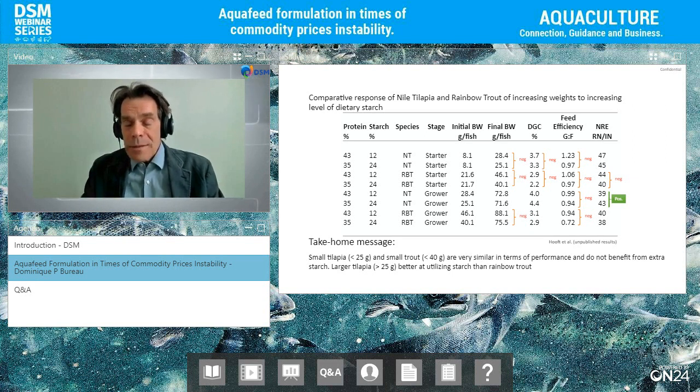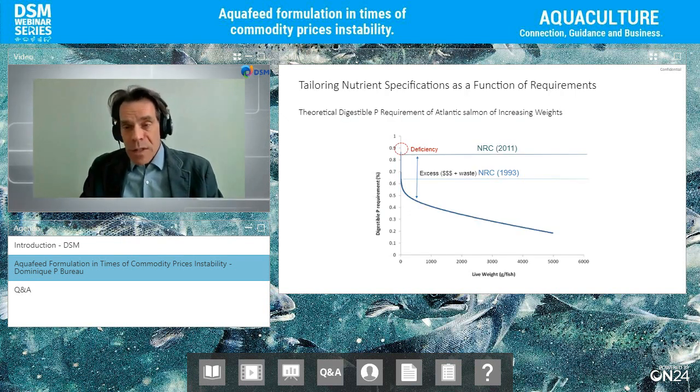And that's the other aspect. If you refer to the NRC, there's one value reported for tilapia, one value reported for salmon and trout and all these species. But with a trout, we start first feeding at 250 milligrams and then grow them to 2 kilograms. A salmon, up to 5-6 kilograms. Well, the nutritional specification for these feeds for different sizes of animal should be different. But the NRC only has one value.